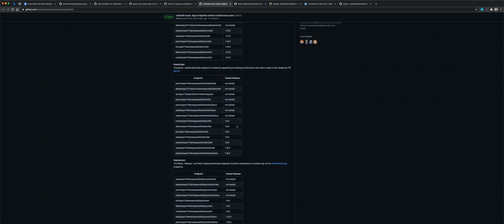So we are busy creating a similar format as the stateful set scale test to do the read, replace, and patch of the stateful set scale, or then the deployment and also replica set scale. So that's what we have in the pipeline at the moment. For the rest, everybody that's interested in getting involved with E2E test writing or conformance test writing, this is a good place to start